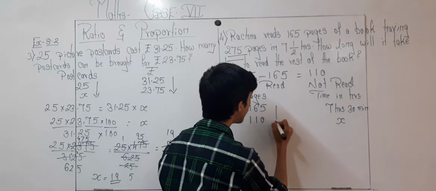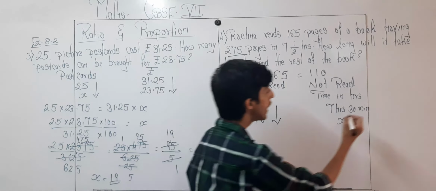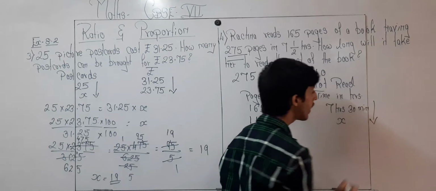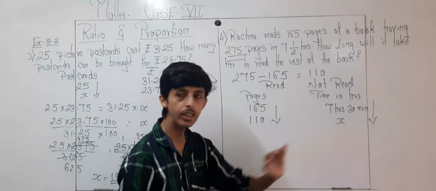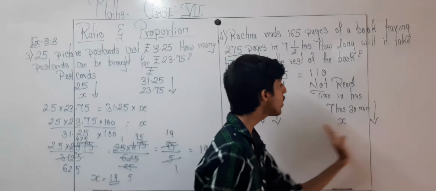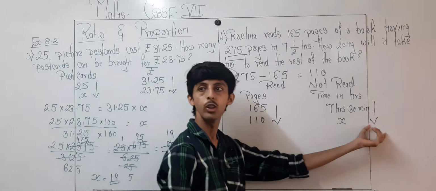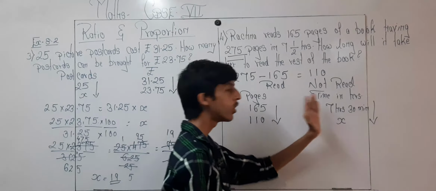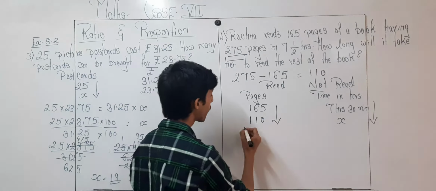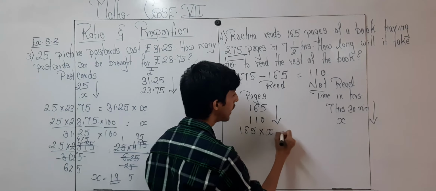Now over here the number of pages is getting decreased. Indirectly, the time taken by her to read the remaining pages will also get decreased. So both are moving in the same direction, both arrows are moving downwards. So which concept? Direct concept. In a direct proportion, what do you have to do? Cross multiplication. So 165 multiplied by x is equal to